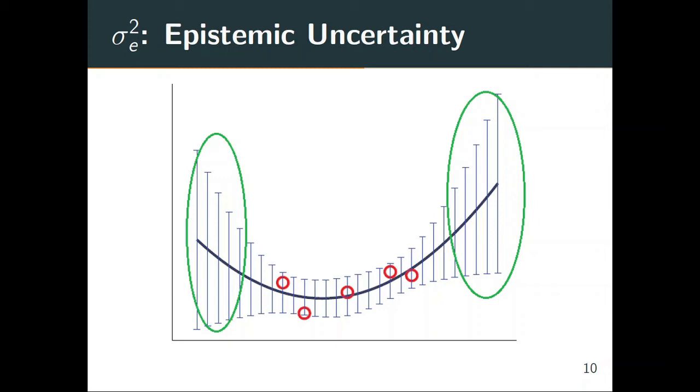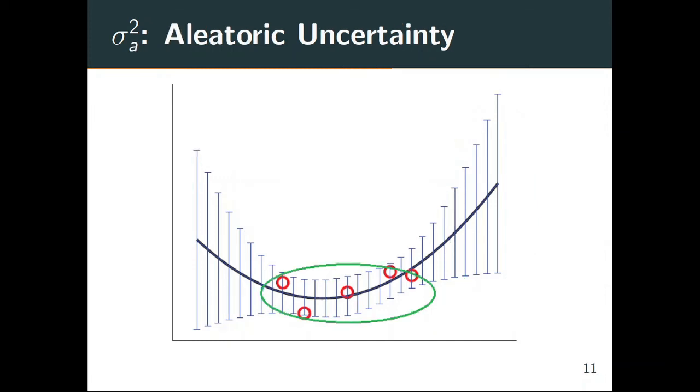Epistemic uncertainty captures our uncertainty because of this component. Epistemic uncertainty can be reduced by adding more training data that covers additional scenarios. The second thing that you may notice is that even in areas where we have observed training data, we still have these uncertainty bars. Aleatoric uncertainty captures this component of the uncertainty. Aleatoric uncertainty arises because of probabilistic variation in the data that cannot be explained away, even if we add more